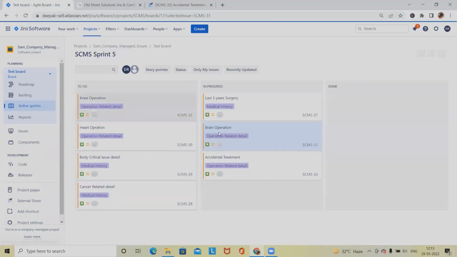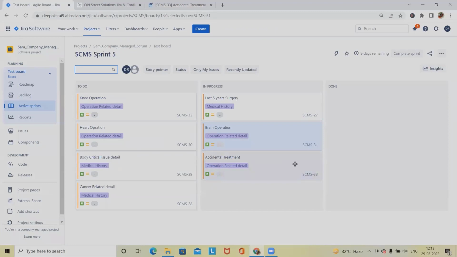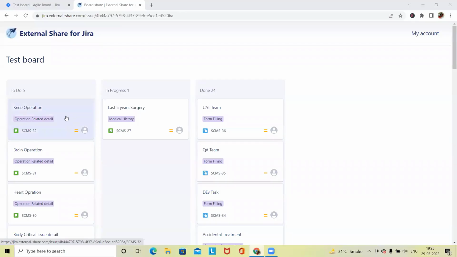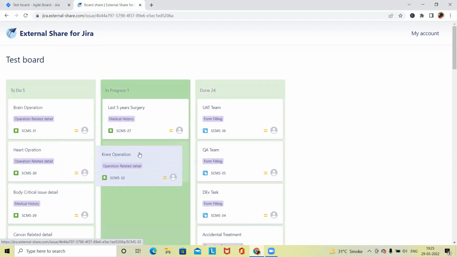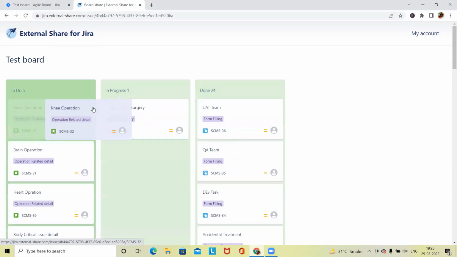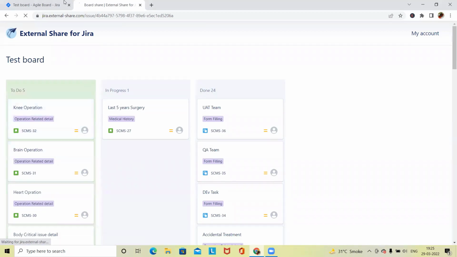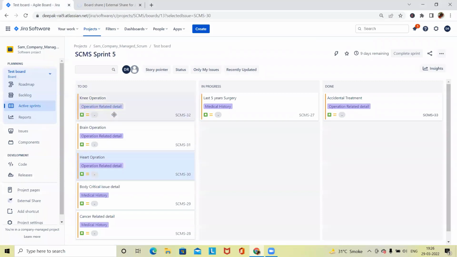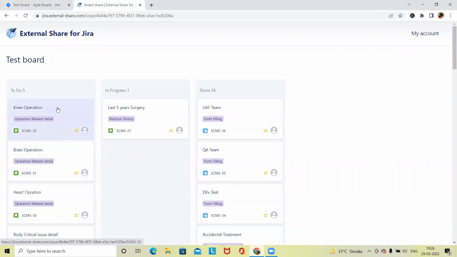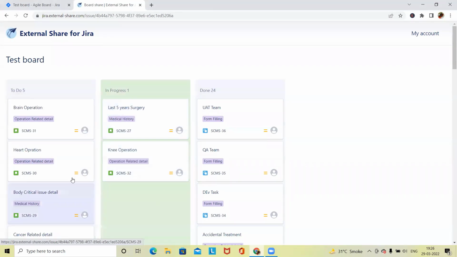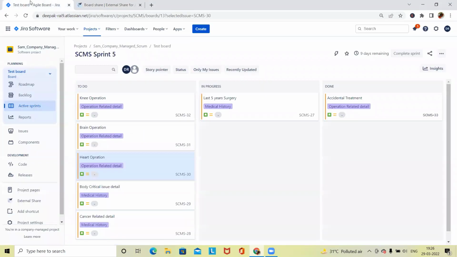So we have to refresh this page accordingly, and you can see the accidental treatment tile will be moved to the accidental treatment. Even we can update things by just dragging and dropping from to do to in progress or in done status. So if you can see here, the knee operation is listed in the to do item, and when you can see here, knee operation is listed here. But if I want to update it, I will just drag and drop here,